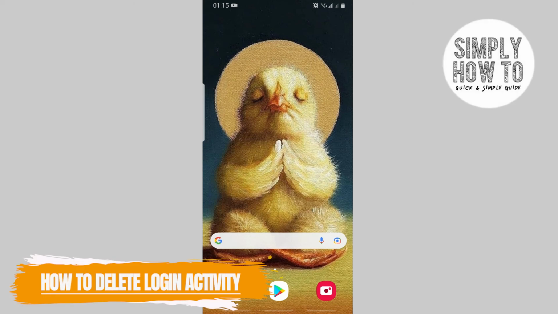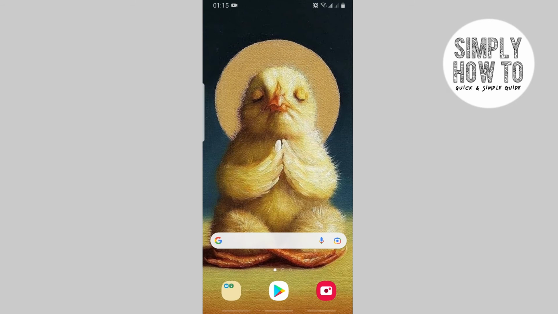How to remove your login activities and your sessions on Instagram. If you're ever wondering how to remove your currently logged in sessions on your Instagram application, but you cannot do it,